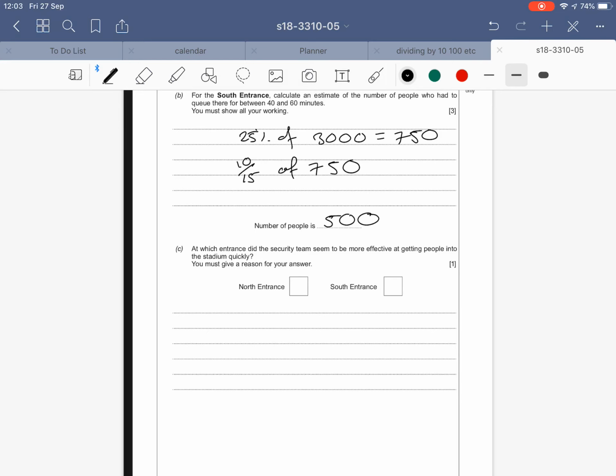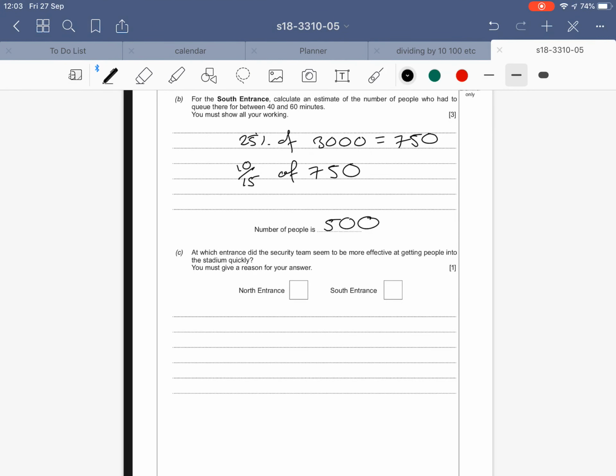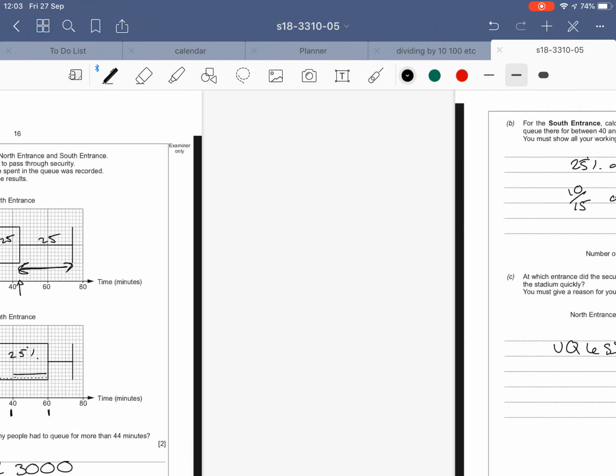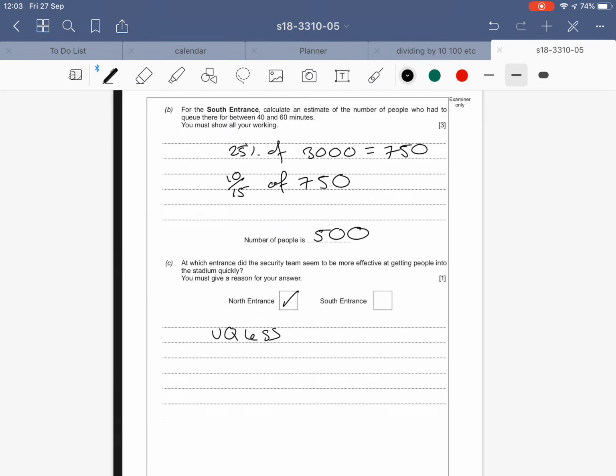At which entrance does the security team seem to be more efficient at getting people into the stadium quickly? Well, you can see it's clearly the north entrance. You could put either one as long as you justify your answer. So you've got to use figures as well. So I'm going to say north entrance because the upper quartile is less. You could use anything. You could say these 75% of people got in more quickly than these 75% of people. You just got to explain